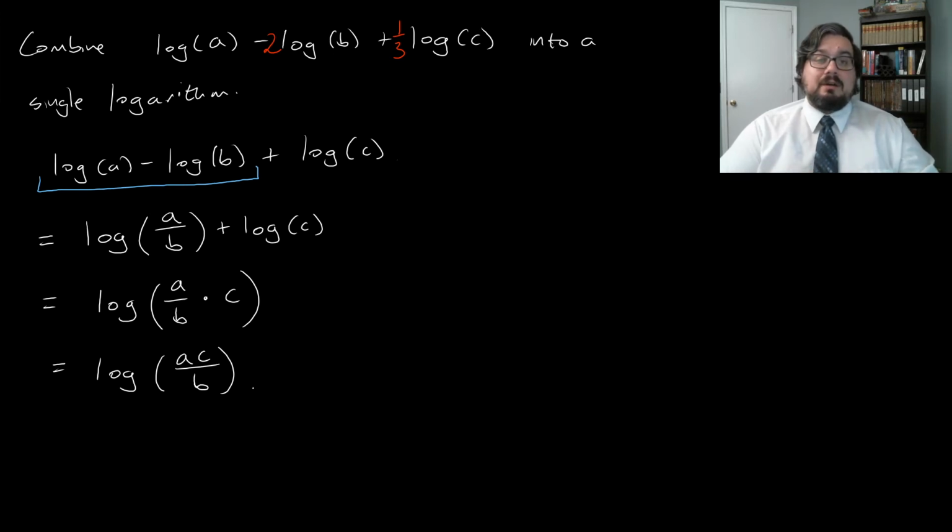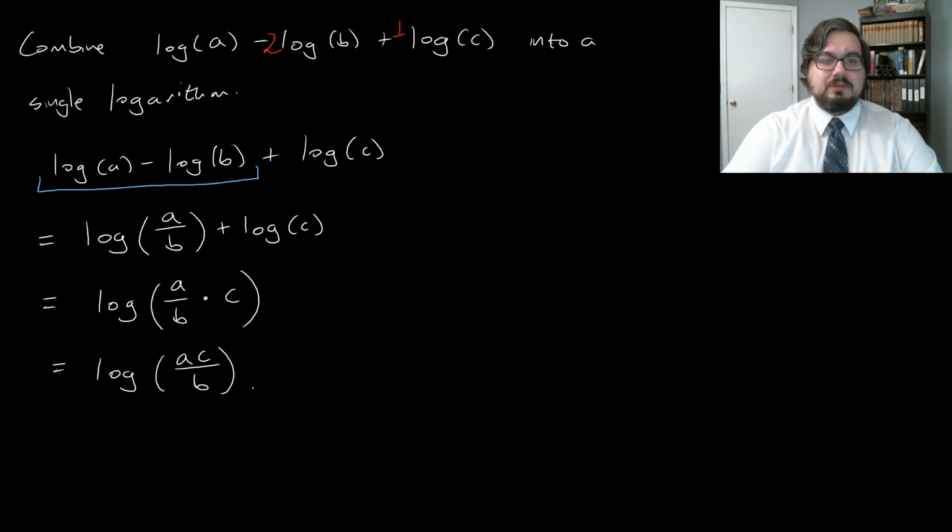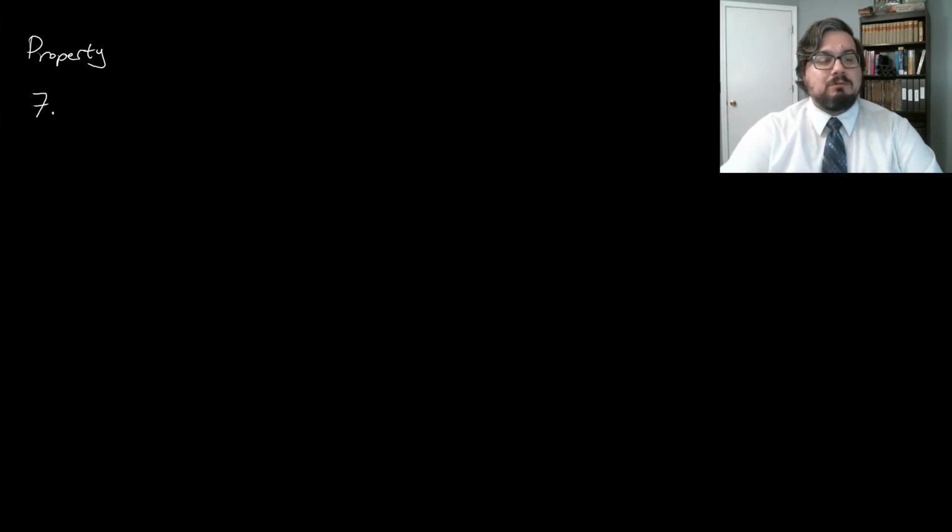So we had our four basic properties. Then we had the product rule and the quotient rule. The next thing that we're going to look at is the power rule. So property 7, this is going to be the power rule, and it says for any positive m,